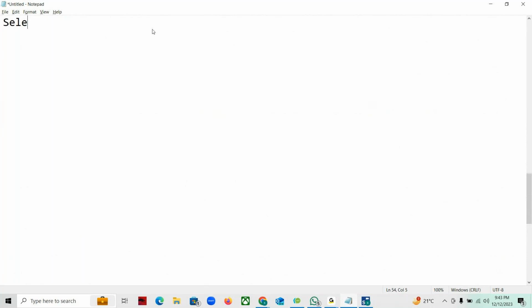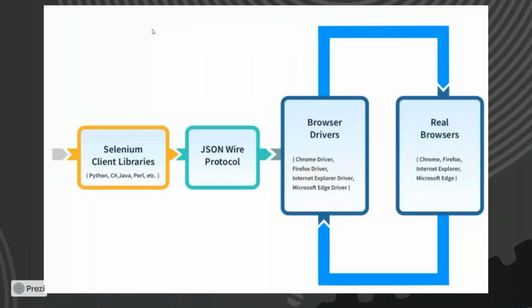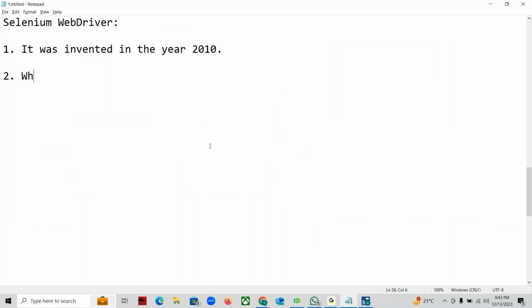Then comes the latest tool available in the market, called Selenium WebDriver. It was invented in the year 2010. So how does Selenium WebDriver work? If you see the architecture here, whatever code we have written is sent to the JSON wire protocol,